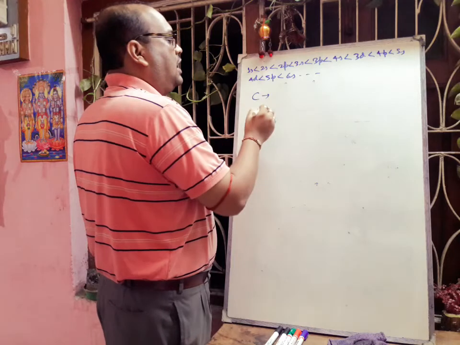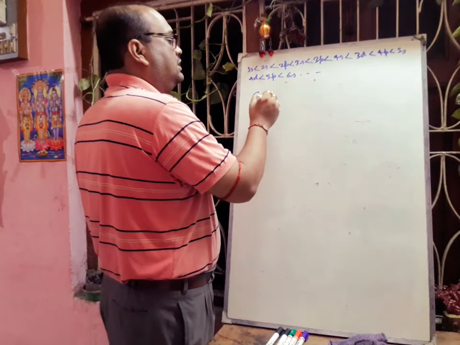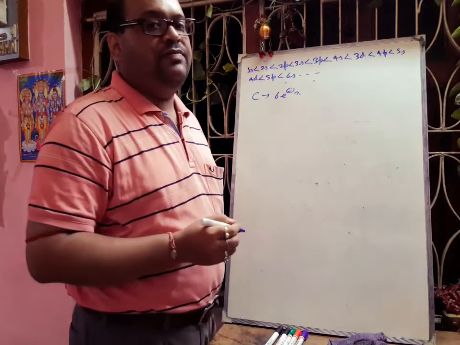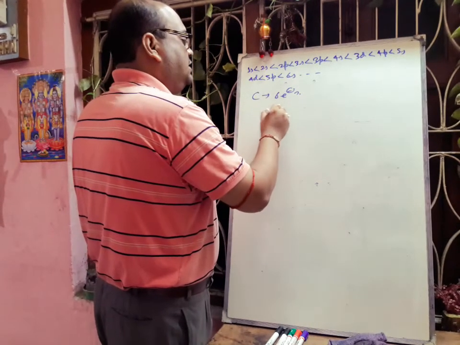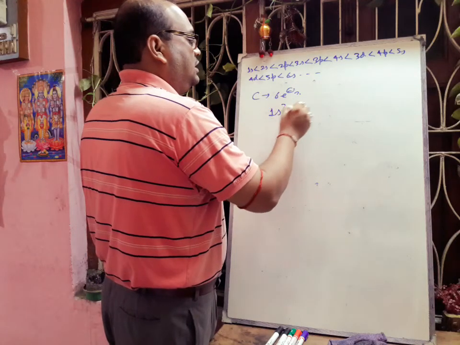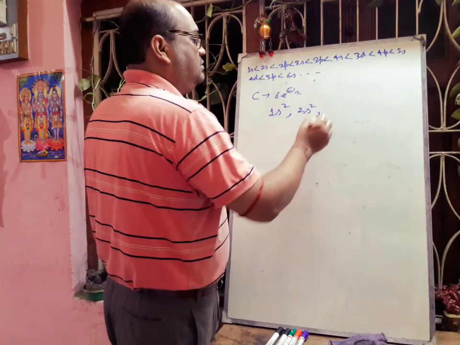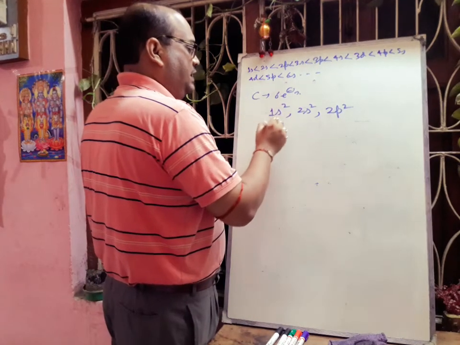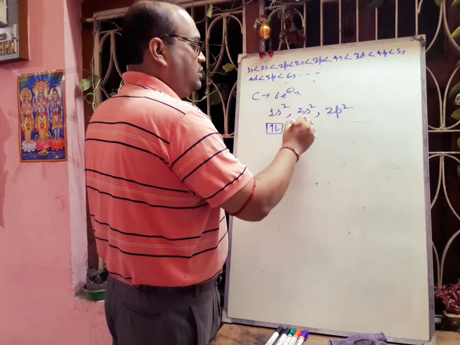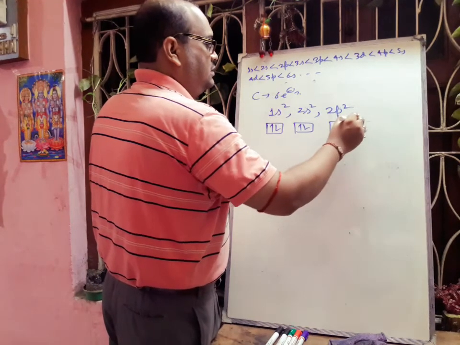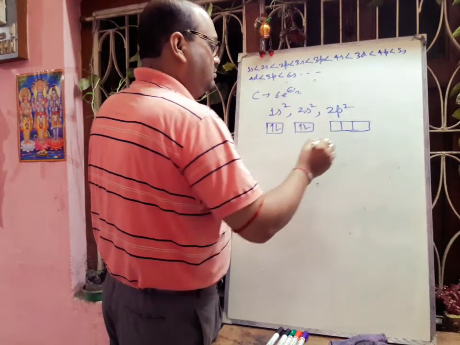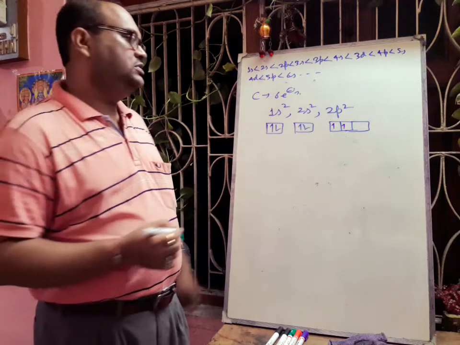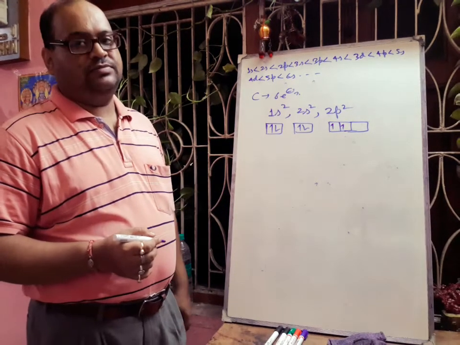Carbon, how many electrons are there in the ground state? That is 6 electrons. So what will be the electronic configuration of carbon? First energy level is 1s, there will be 2 electrons. Then in 2s there will be 2 electrons, and in the p energy level there will be 2 electrons. If we draw the box diagram, here 2 electrons are present, here 2 electrons are present, and here 3 orbitals are present, Px, Py, Pz, and there will be 2 unpaired electrons. So this is the electronic configuration of carbon.